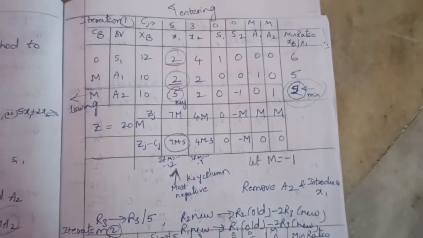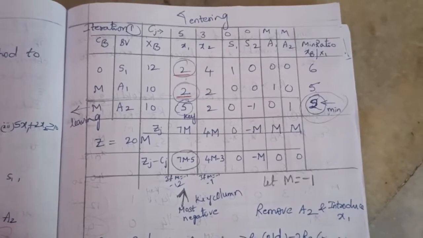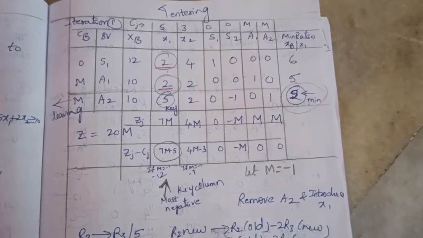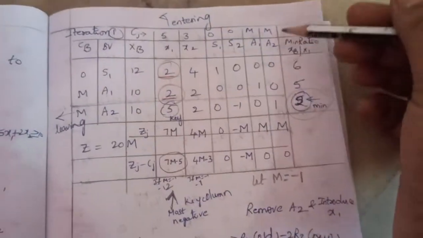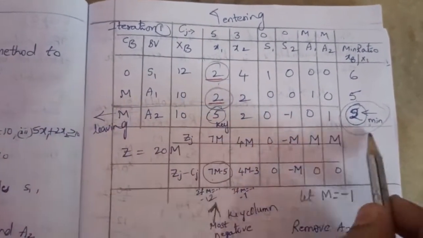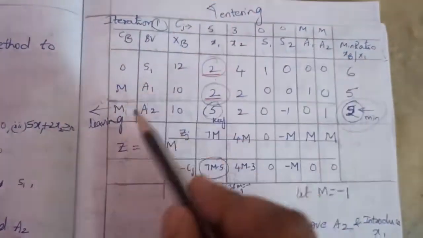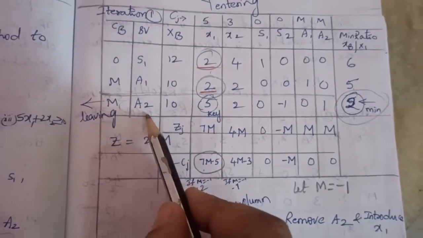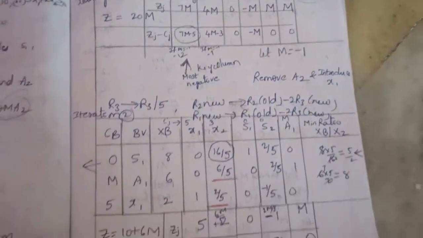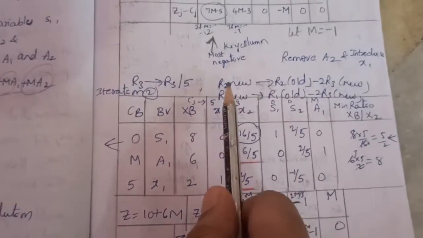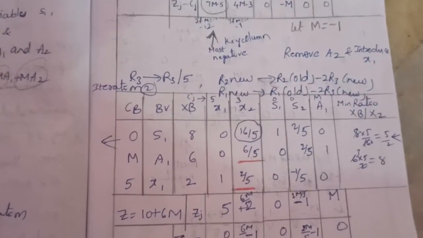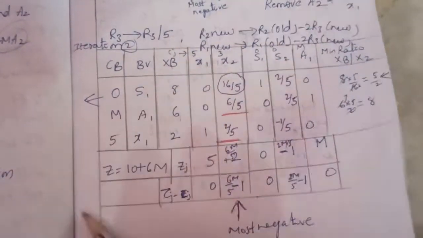Just understand. So this is the basic feasible solution of the Big M method, or else we can also say that this is iteration 1. Here we have to remove A2. This is the removable element, the leaving variable is A2 and the entering variable is x1. Likewise, for the next iteration we have to change the values like this. These two are important: how R2 changes, how R1 changes, and R3 divided by 5. So from that we will get the table like this.